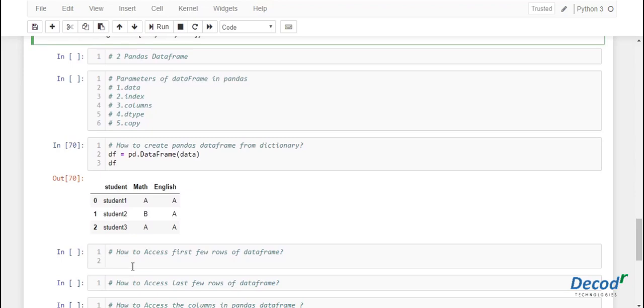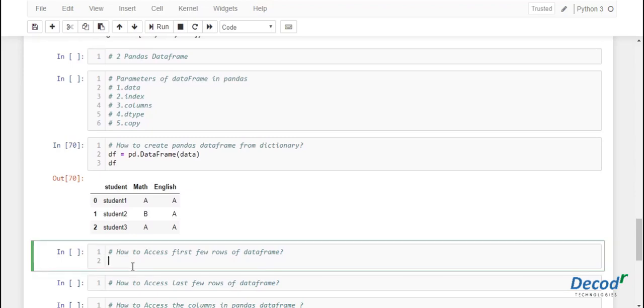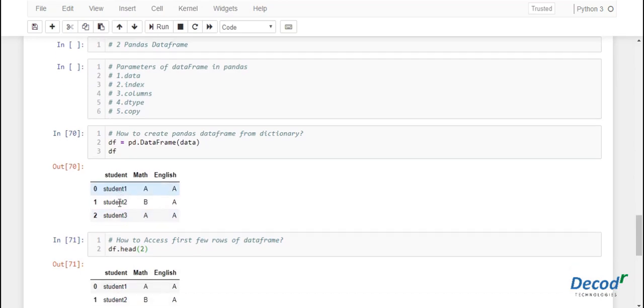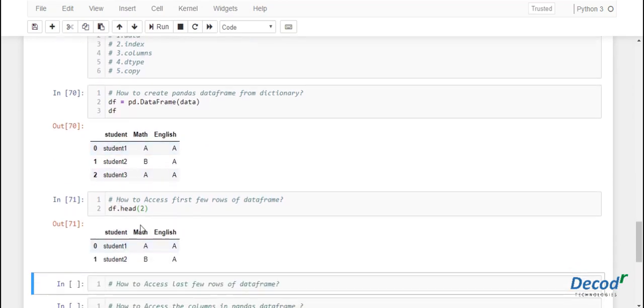Now let's see how to access the first few rows of a data frame. Type the data frame name followed by the head function, which takes in a parameter. If you want to print the first two rows of this data frame, you can pass the value 2 as a parameter, and you can observe that the first two rows are printed.